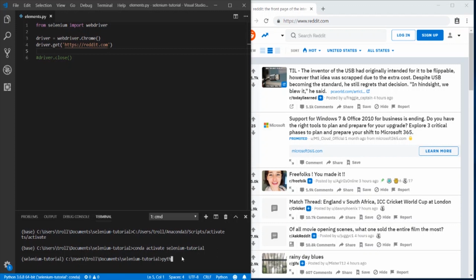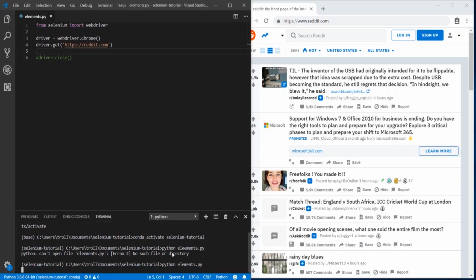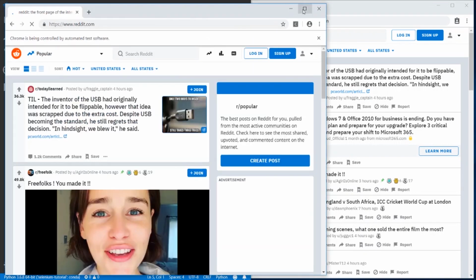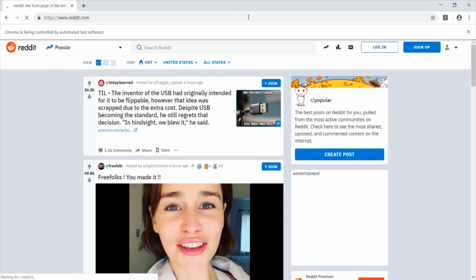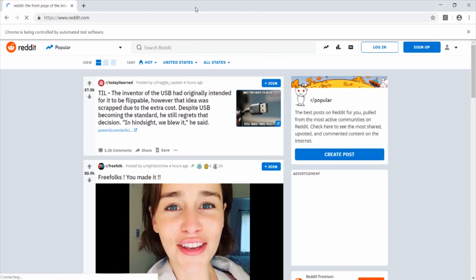So let's just run this real quick. Whoops, typo. And if this runs right, we'll be at Reddit, and the first thing we want to do is plan out how to find the elements and plan out what we're going to do. So if we maximize this, the first thing we're going to do here is,